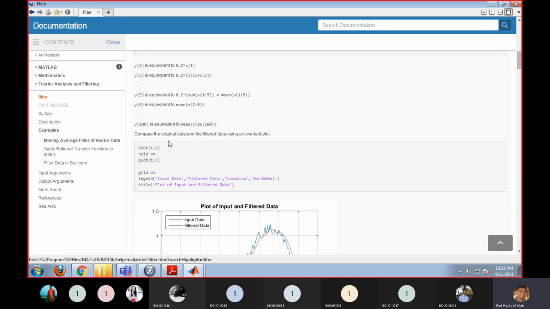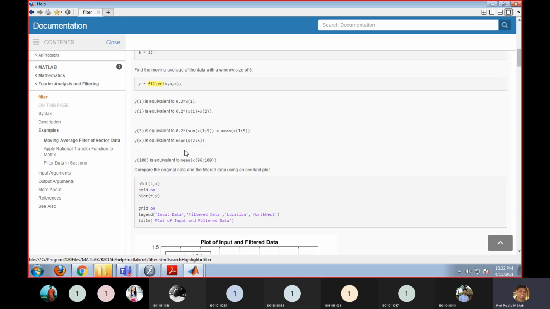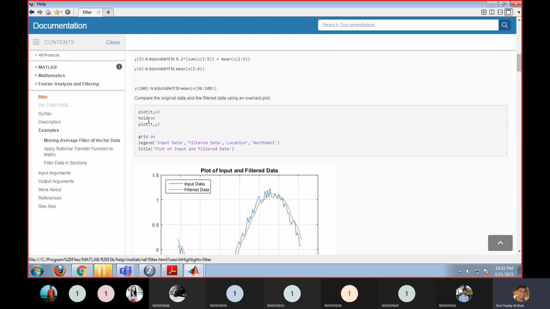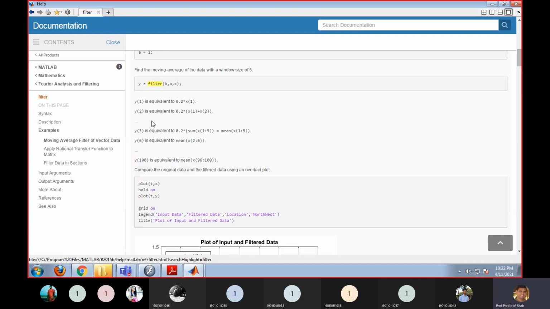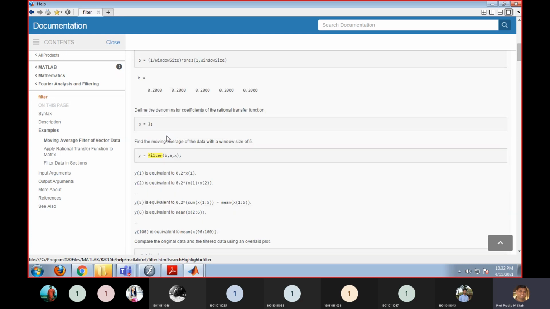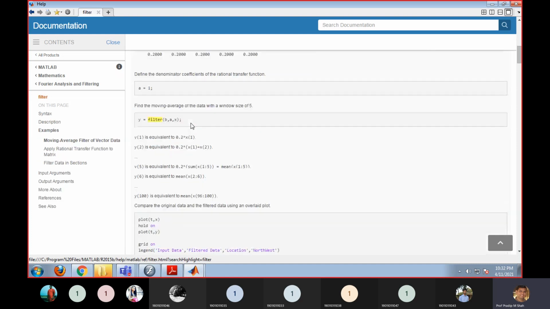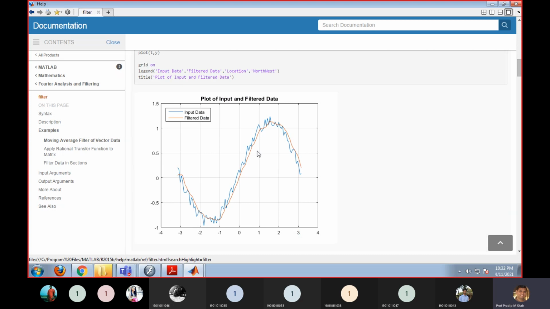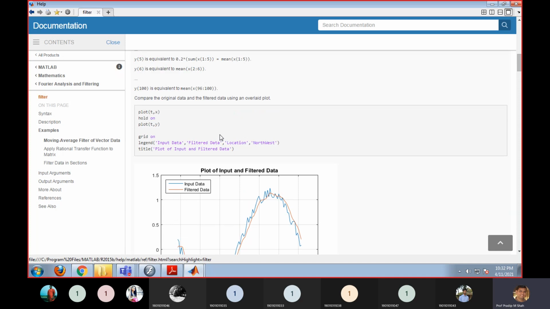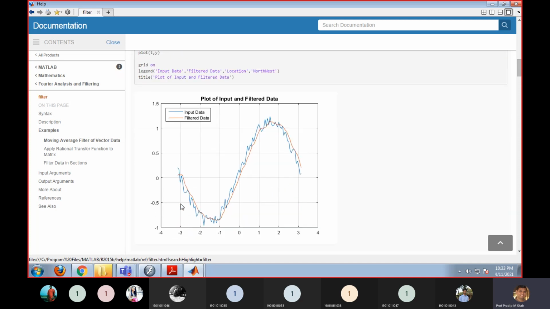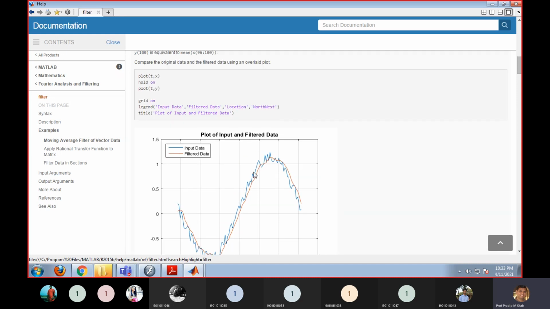Now what kind of output are you getting? Here you can see plot(t, x). The t is the time scale that is defined from minus pi to pi, and x is my input. So the first plot is my input. You can see this is my input, a sinusoidal signal with some random noise added. It is not a regular sinusoidal signal, it is affected by noise.